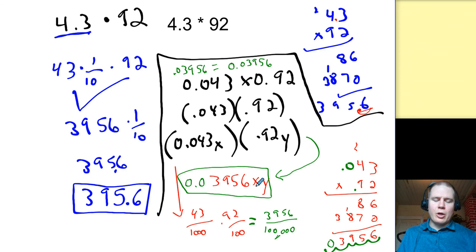And of course, you're going to all use one color here. This is all one number. 3,956 hundred thousandths times x times y. I'm ignoring what the place values are. I'm doing that multiplication. Then I'm bringing in the times 100 or divided by 100, times 10 or divided by 10 to figure out where this number compares to my decimal point. A very different process to addition or subtraction,